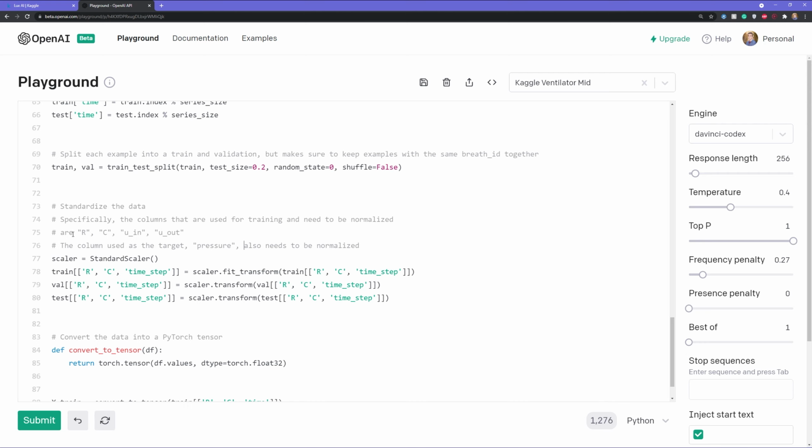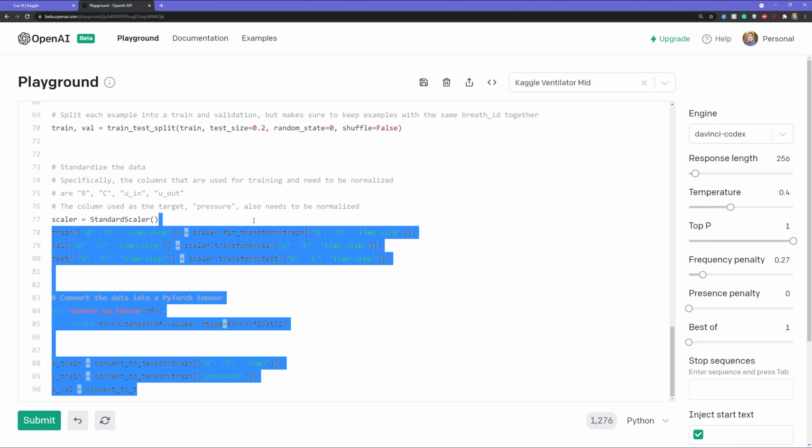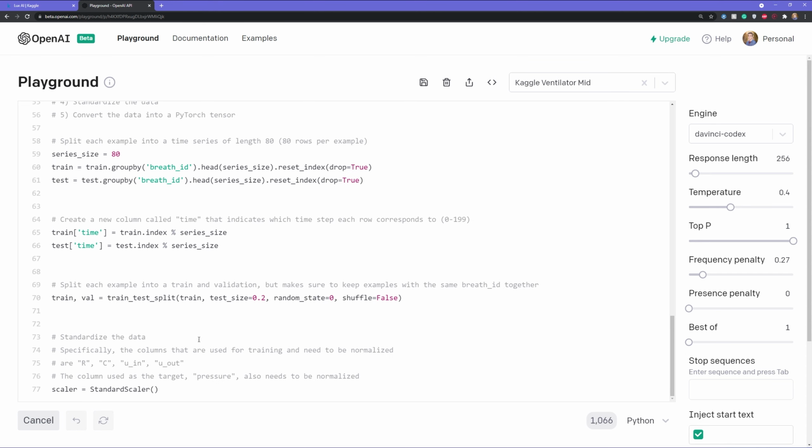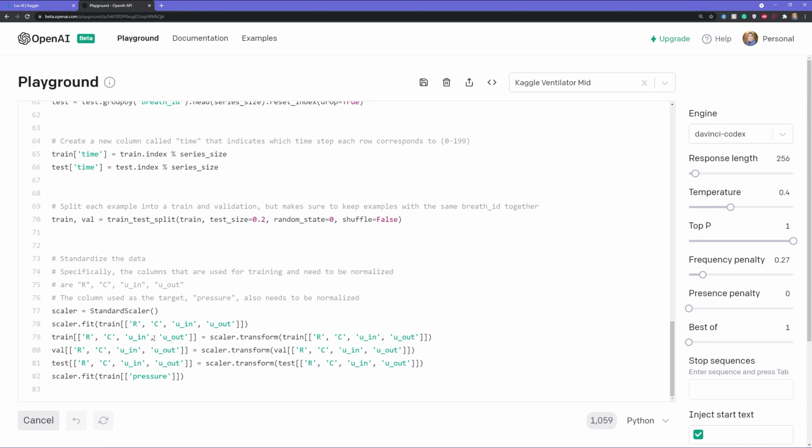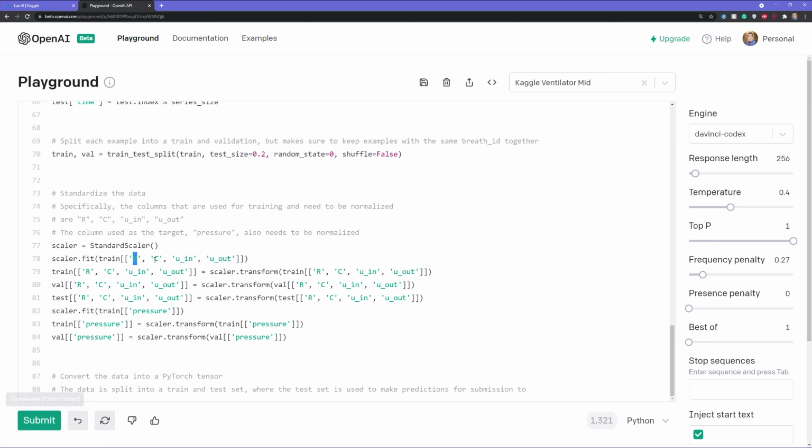There we go. So I have typed out the columns that need to be normalized and specifically noted that pressure is the target column, or what we're trying to predict. So let's delete this and try redoing this now and see if we get to the right columns. Okay, so it fits on the training data for R, C, U in, and U out. That's good. That's what I had right here. And then it transforms each of them to be the new values. And then it also fits on pressure, a different scaler. And then I guess it does the same thing, except it doesn't do it for the test because it's not in the test, which is good because